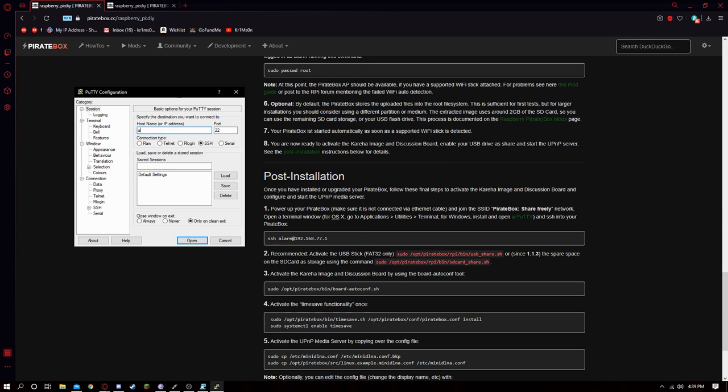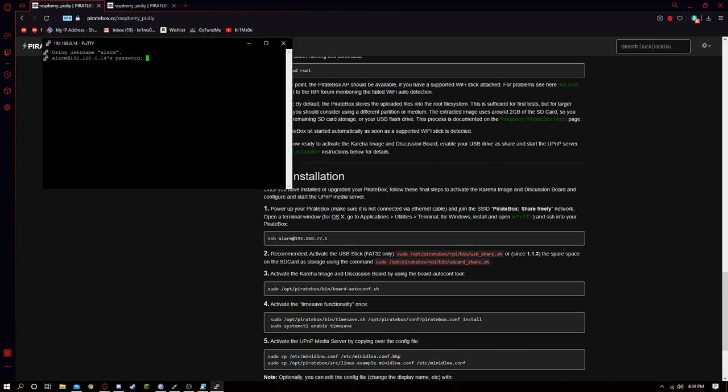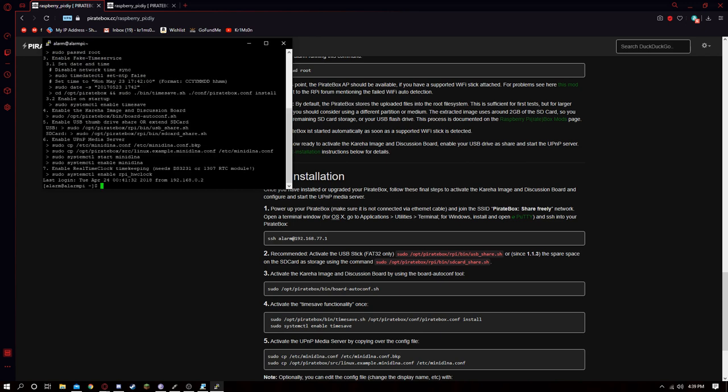you're going to type alarm at 192.168.0.14, or whatever your Pi is, so it'll be different for everybody. But the port 22 is for SSH, as you probably know, and you're going to make sure that you have the connection type SSH checked, and you're going to click open. Now the default password is alarm, and if you run the command